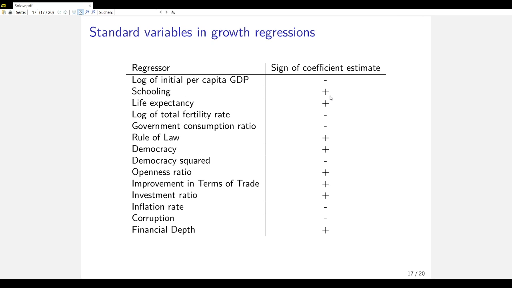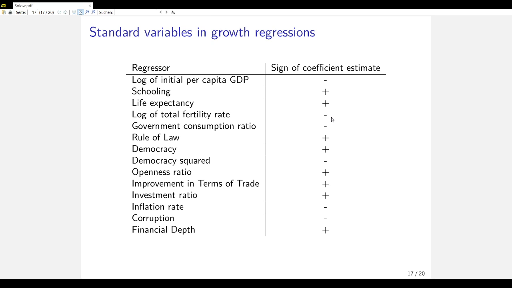And the typical finding here is that this is positively correlated with steady state income differences and long run growth. Life expectancy, also a positive correlation. The fertility rate has a negative correlation, which would be again consistent with the prediction of the Solow model. Government consumption, negative association. The rule of law has a positive association, so that's a variable that relates to institutional